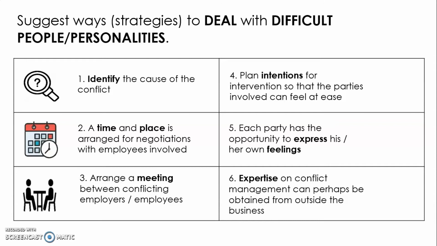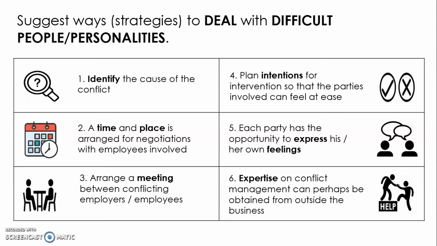Our third image is that of two people, possibly an employer and an employee, and they are sitting at a table, and hopefully this will remind the learner or the candidate of a meeting. Our fourth image is two images, a check mark or a right mark and a cross. Hopefully these images will remind you of when we are planning, and this will then lead you to the word intentions. Our fifth image is that of two people, possibly an employer and an employee, having a conversation with each other and talking or expressing their feelings.